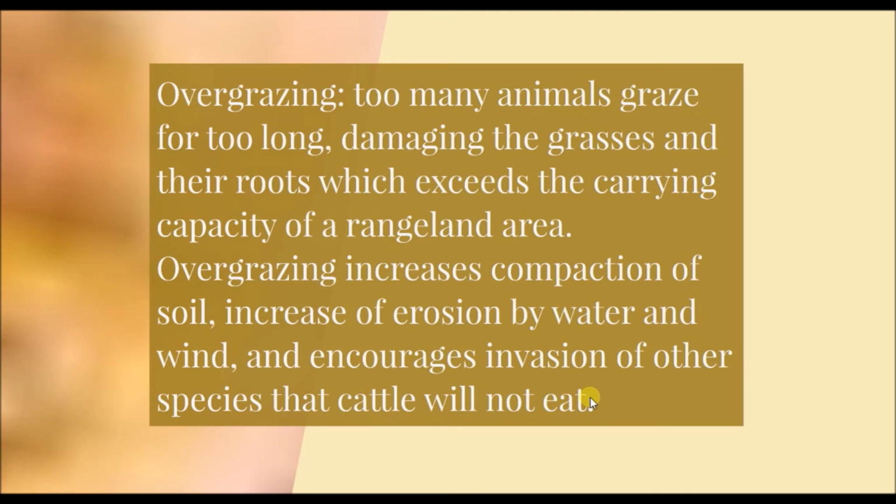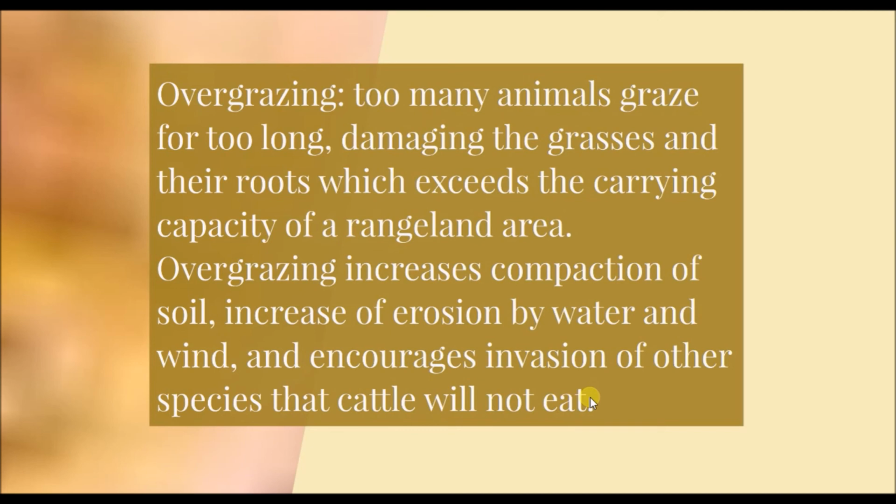So overgrazing happens with rangelands. We tend to overuse them, if you could imagine that. A lot of times it's the mentality of, well, everybody's using it, so it's not my responsibility. And so everybody just overuses an area. But overgrazing is when too many animals are grazing too long in a certain area that can damage the grasses and the roots, which exceeds the carrying capacity of a rangeland area. Now, a rancher can just move his cows to somewhere else, or he can bring in feed and feed his cattle. But natural organisms that are coming through, like elk and deer and buffalo on rare occasion, they can't just deal with the food gone in that area.